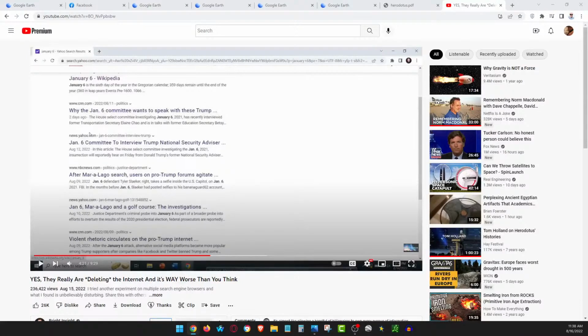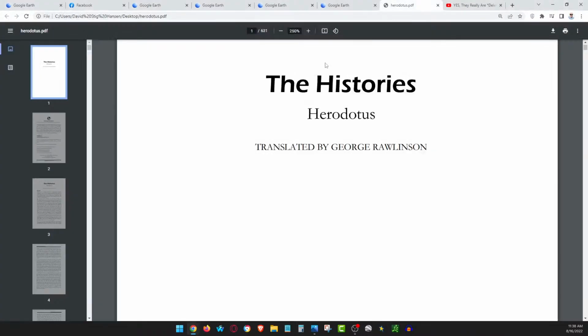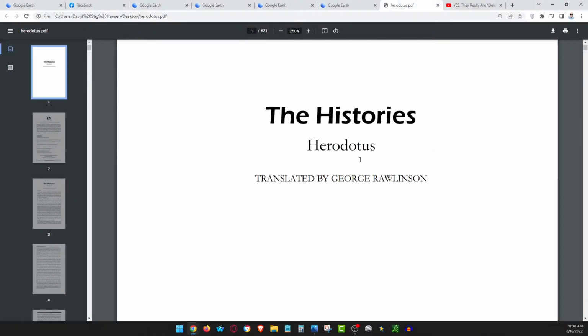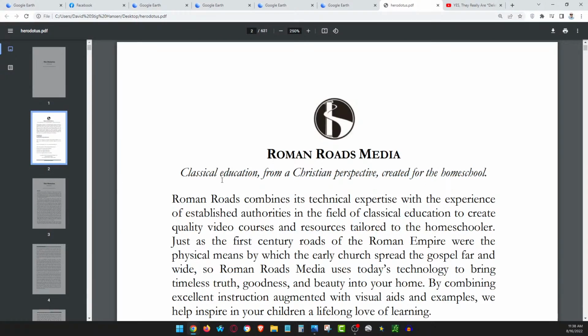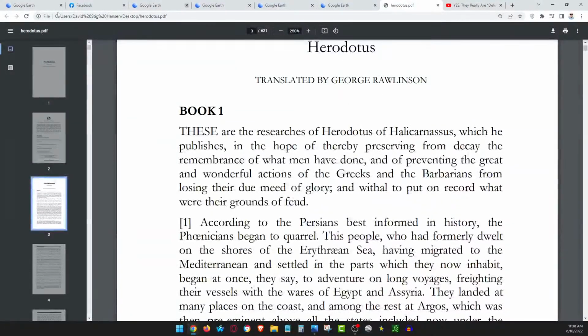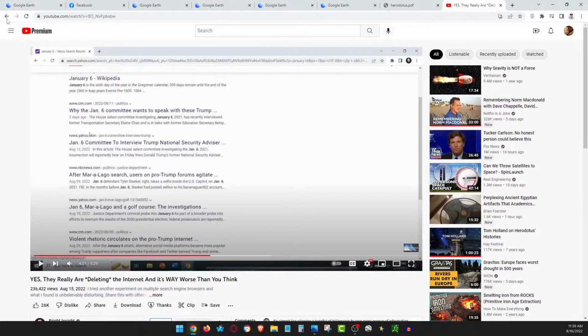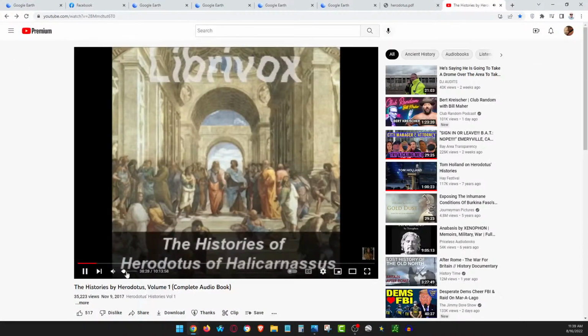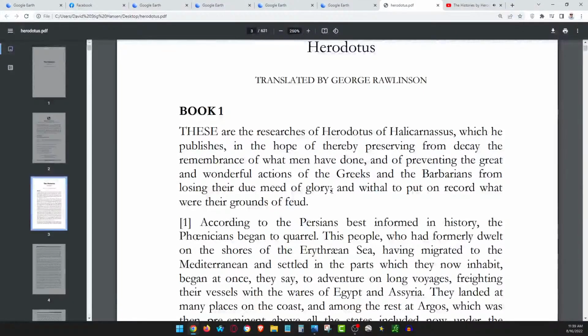When it comes to PDFs, I believe they're pretty good. I mean, this PDF is Herodotus. It's a 2,500-year-old text. This guy, George Rawlinson, he translated it, and it's very different. It's kind of funny. I should actually show it. Let me see here. Oh, I deleted it. Yeah, it's right here. The point that I'm trying to make is when I listen to him read and I read this, it's not the same at all. It's not word for word.